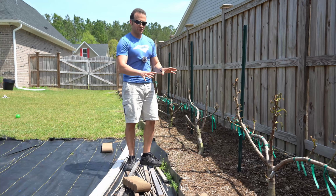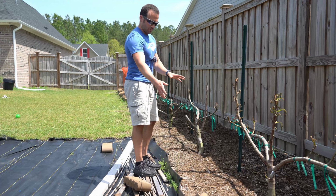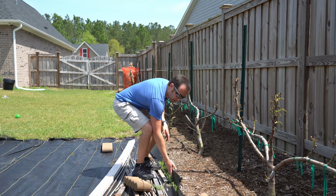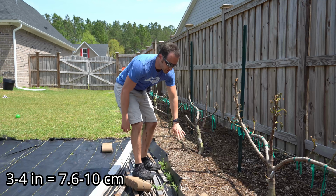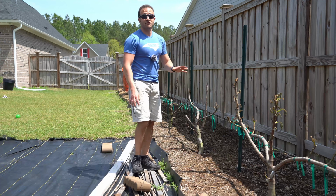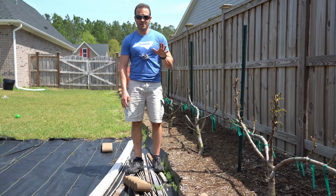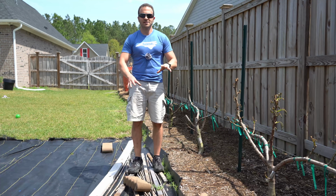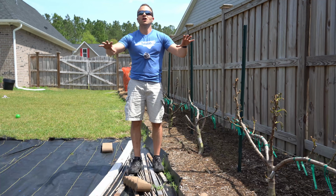Now, when I planted these fig trees, I made sure that I put down some barrier right here. And this barrier is about 3 to 4 inches tall because I wanted all of my fig trees planted in a raised bed, and there's a very good reason for this. And that's because when you see figs growing in their native climates, figs like to send out a ton of